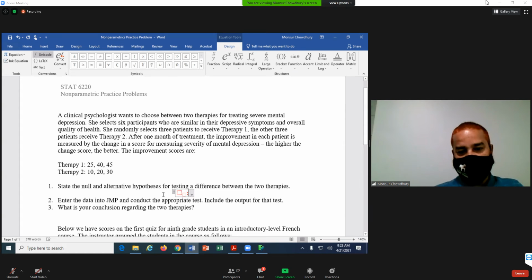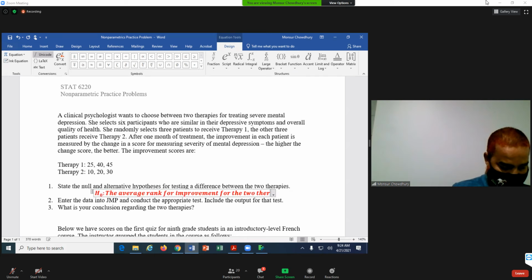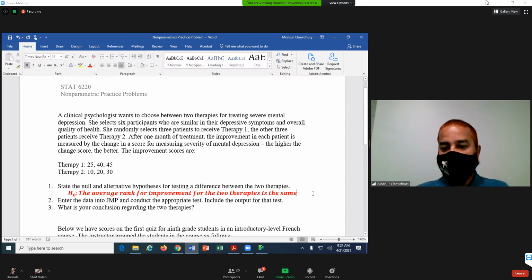This will be our null hypothesis, because you have to mention that you are looking at the average rank for improvement for the two therapies, the same. So this is our null hypothesis.